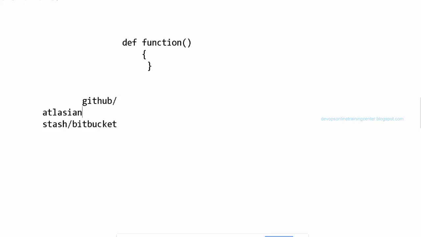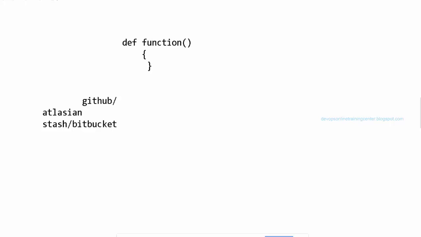They all are centralized servers where we store the source code. So Stash is a similar product like GitHub, right? Yes, Stash and Bitbucket are both the same as GitHub. So there are different consoles you have to download and just run the similar commands that you use for GitHub?